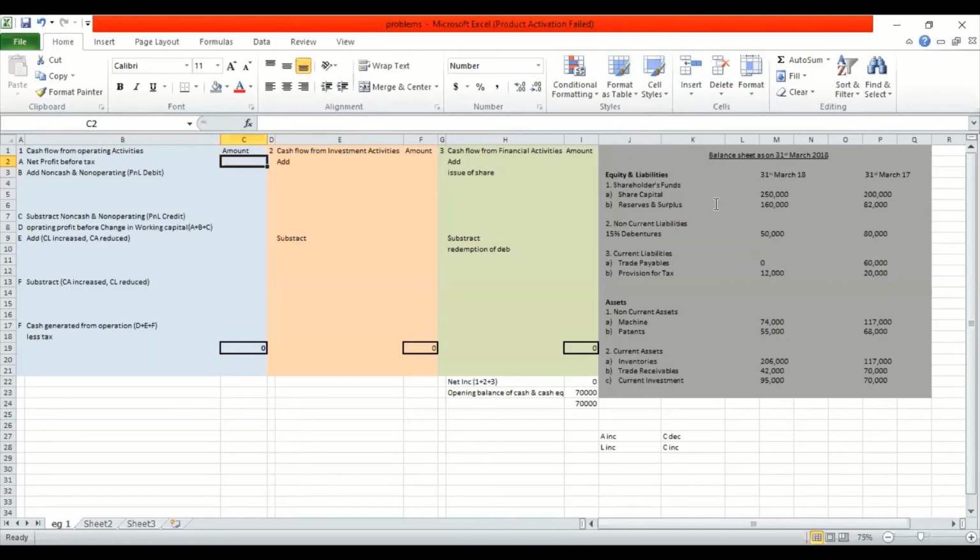On the extreme right-hand side, you have a balance sheet. The balance sheet states the equity and liability side as well as your asset side. Now, how do you analyze it and put it in the cash flow statement? As you know, we have to create three activities, that is operating, investment, and finance. In your textbook as well as in your exam, you cannot do it this way. I have just shown it so that you have a clear view of things.